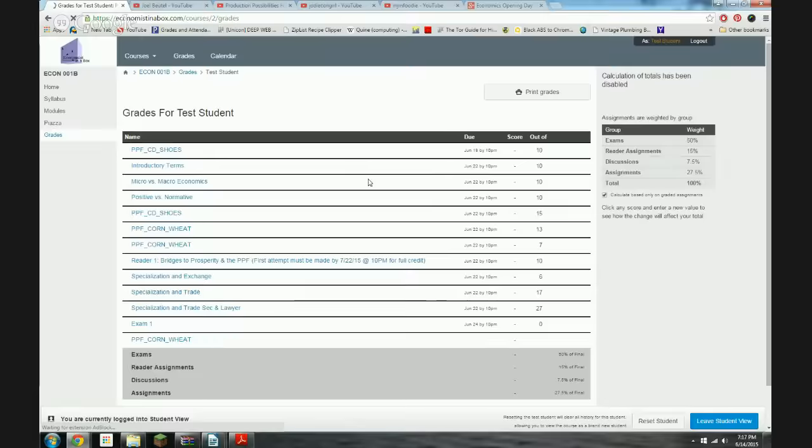Then for many of you, grades are important. I do want to tell you I've disabled the calculation of totals, but you guys can use the weightings to figure out how you're doing in the course. But really what I'm looking for is, are you doing well in the course? How are you doing on these things? Remembering that assignments can all be done until they're perfected, right? So I expect that you guys work hard, you'll get everything done.